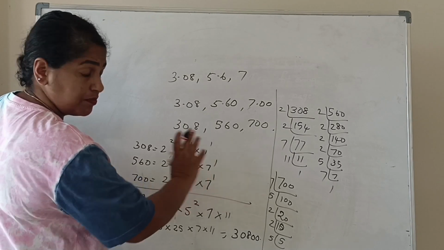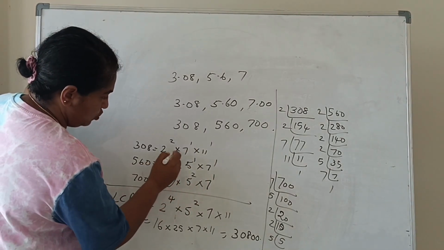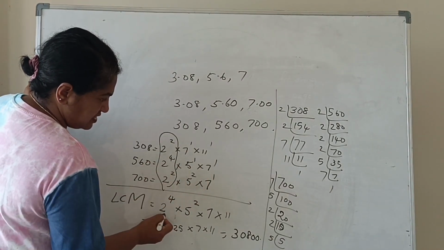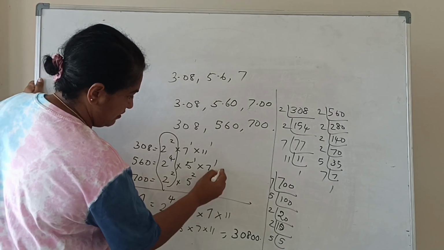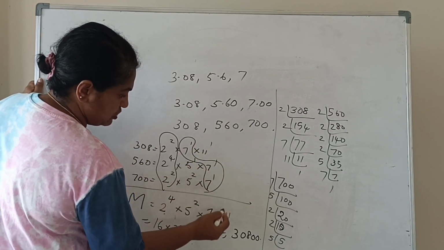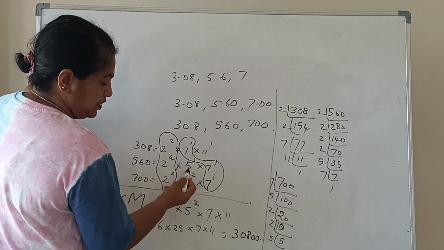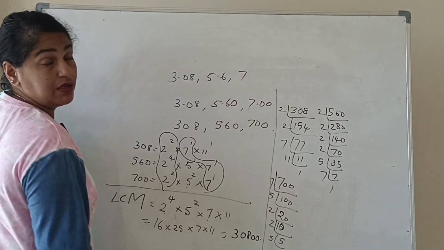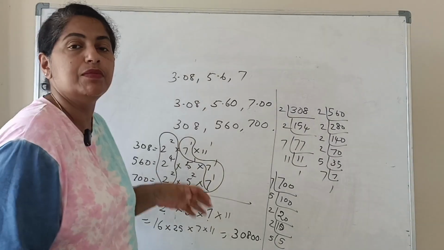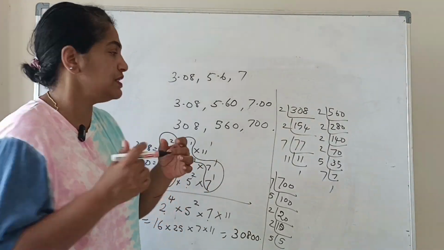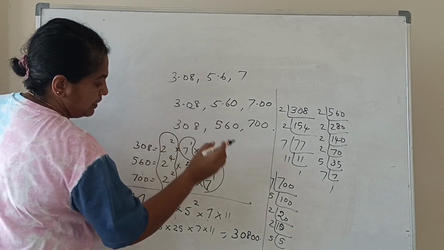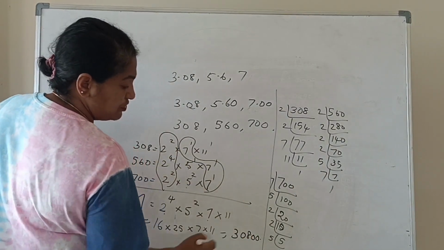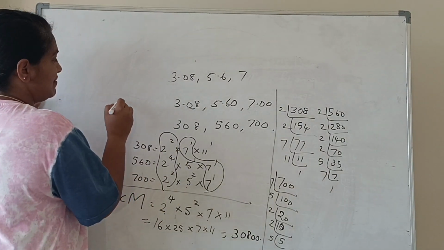So out of these factors, 2 was a common factor. I have taken the largest power. You can see that 7 is a common factor. There is only 1 power, so 7. 5 is present in 2 numbers, so the largest power I have taken, and 11 also. So this is what I am getting finally as the LCM. Now since the original numbers had decimal points of 2 places, I will put a decimal point over here. So my LCM would be